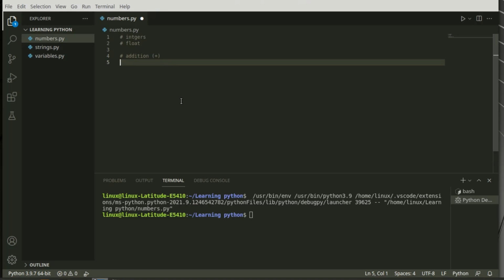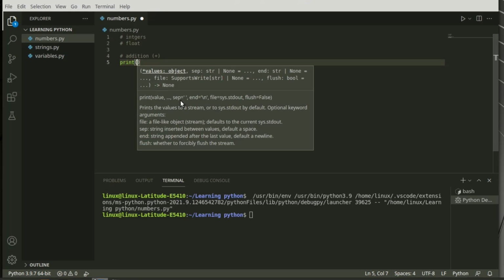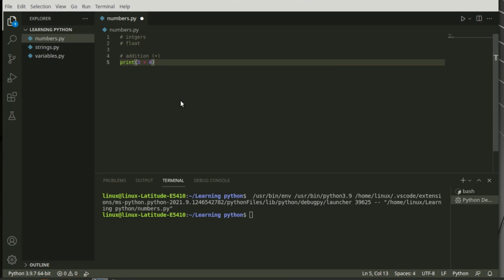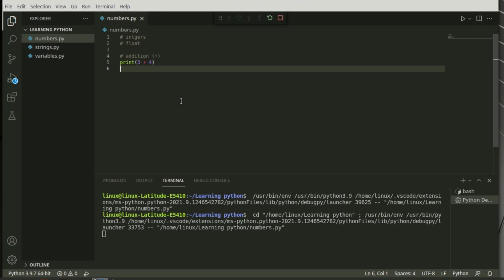Okay, so addition, you already know what we use it to do. We use it to add two numbers, whether adding two integers or adding two floats or adding an integer to a float. You can use addition. So example of how we can do this in Python is, let's just say 3 plus 4. As you already know, the answer is going to be 12. So if we do Ctrl S and run it, you can see that the result pops out to be